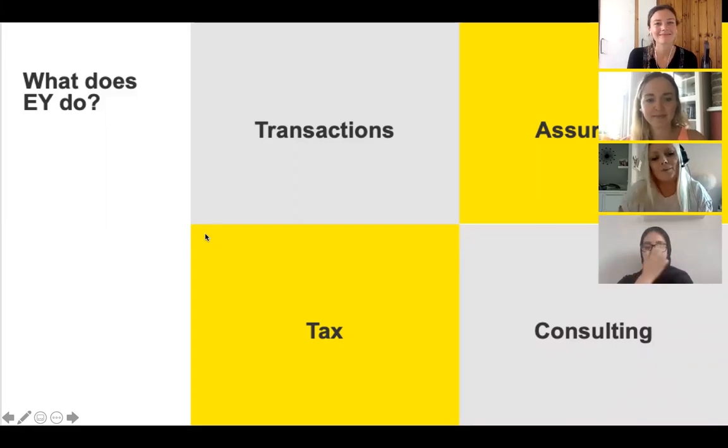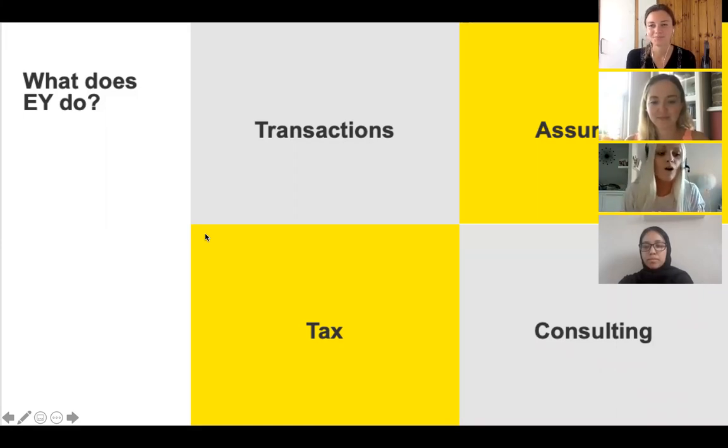Transactions. This is essentially where a business has a big change, so whether they want to buy another company or want to merge with another company, or if sadly they're in financial trouble and they're going under, essentially, we'll help them manage that process. So you might have known previously Just Eat bought Hungry House, and we would then advise them on how that acquisition would work and things like that.